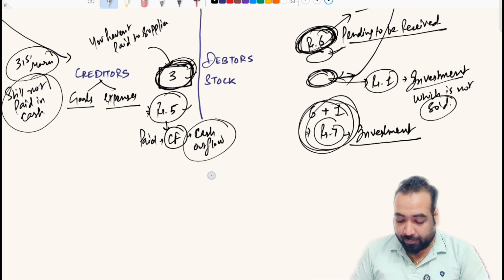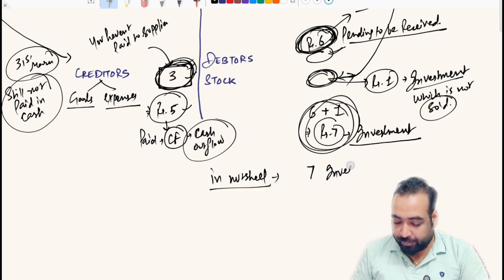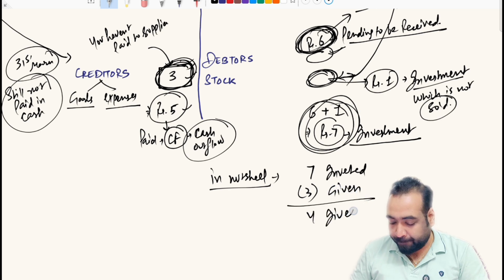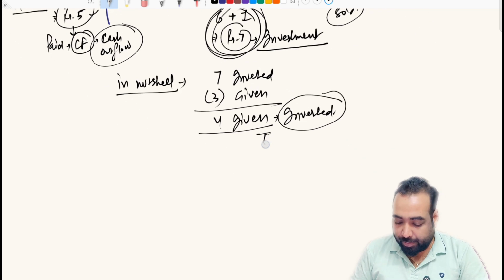So in a nutshell, we will say that 7 rupees you have invested, 3 rupees you haven't given. So in a nutshell, you have invested 4 rupees to manage your business, to manage your business day-to-day operations,